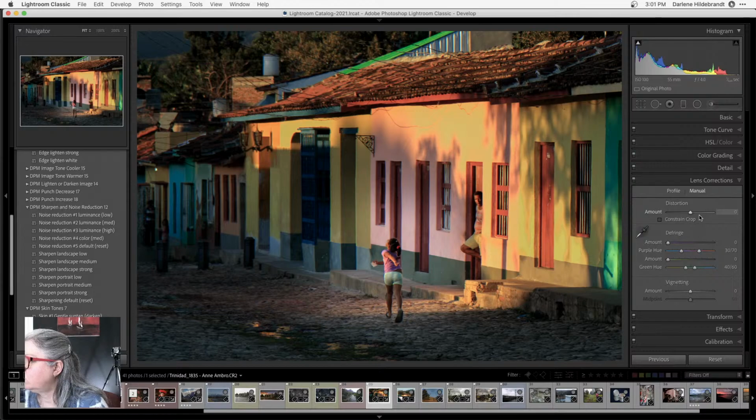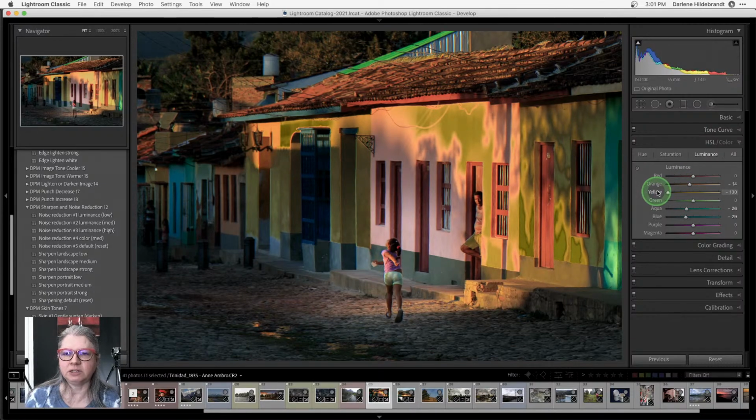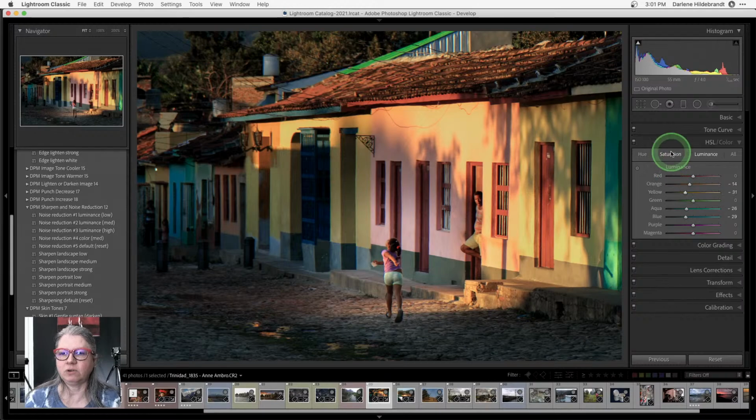Why saturation over luminance? Oh, maybe it was a color of a tree. Okay. So why saturation over luminance when I was doing the HSL? And so luminance is brightness. Okay, so what I did was I dragged the luminance down to adjust the brightness. But when I did so, it also affected the saturation. Okay, so I did a little bit of both. So I dragged one down and then I had to drag the other one down.